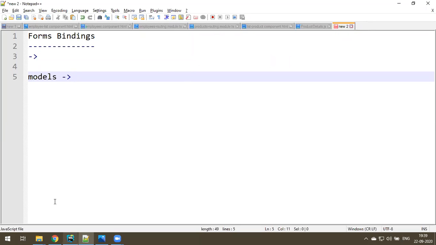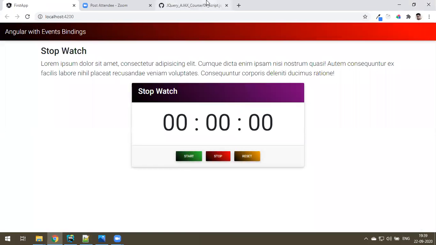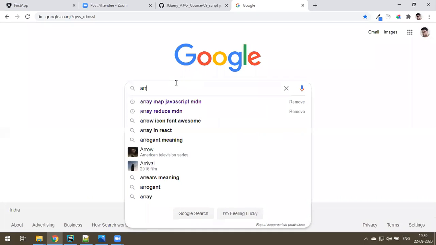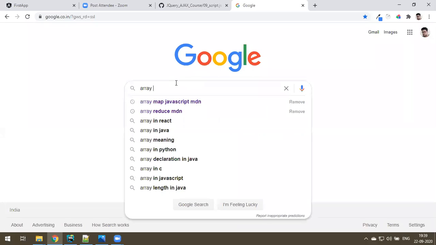Okay, so we'll see. What is Math.floor doing? Math.floor is a predefined function. If you want to know more about the array concept, I will tell you a shortcut: how to search for official documentation. You can just type array and MDN.